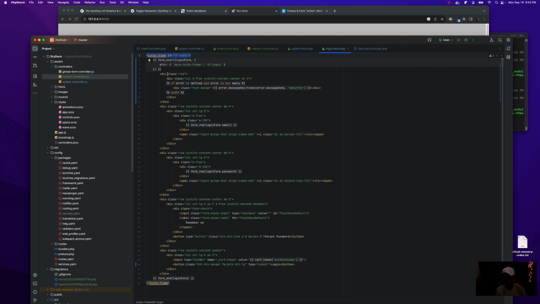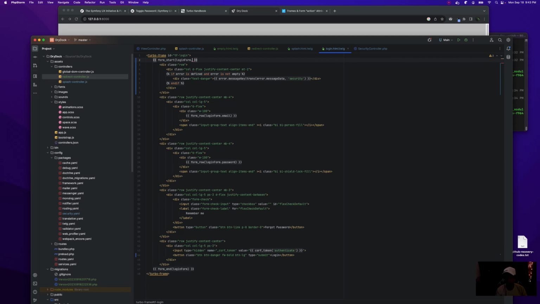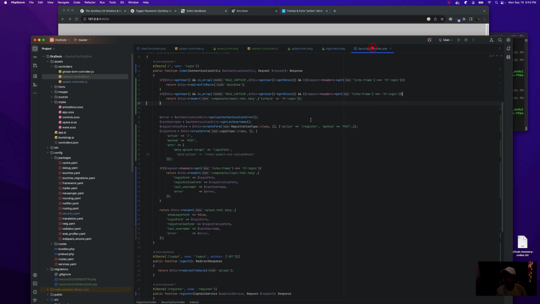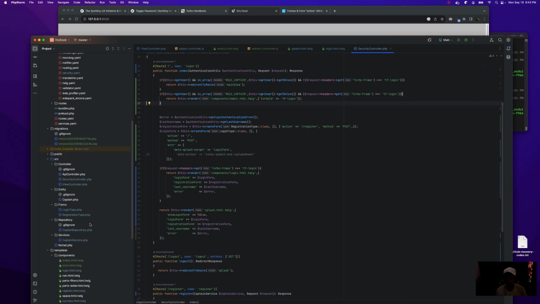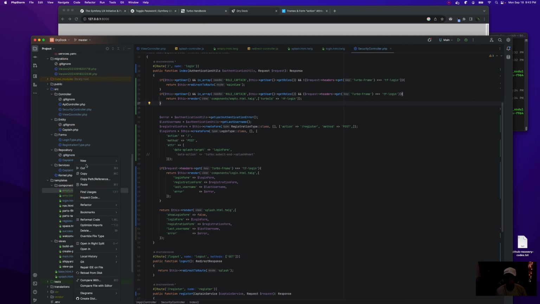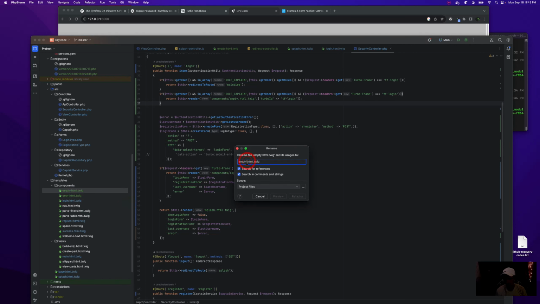So here's what we're gonna do. I don't think I actually need this right here. Alright, when this gets triggered, I have a twig here. I was calling it empty, but we're just going to call it loading.